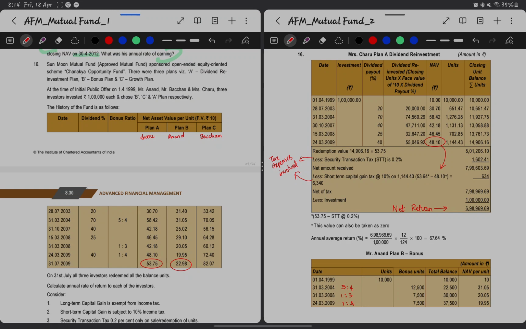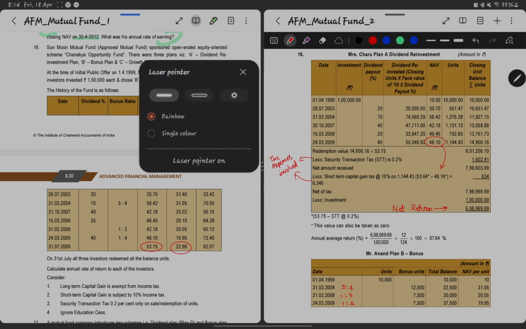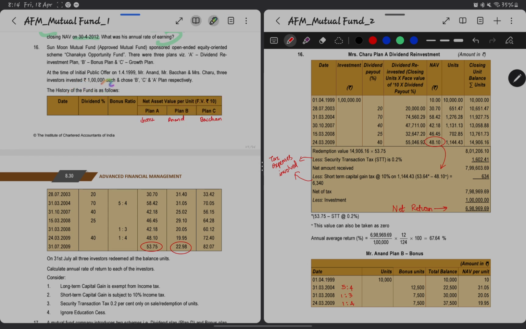Sun Moon Mutual Fund, an approved mutual fund, sponsored an open-ended equity oriented scheme, Chanakya Opportunity Fund. There are three plans: A dividend reinvestment plan, B bonus plan, and C growth plan. At the time of initial public offer on